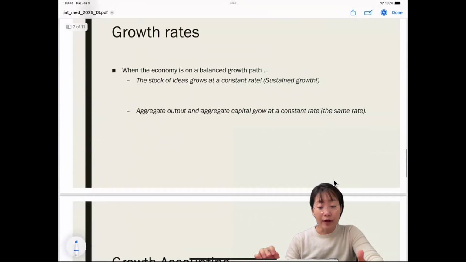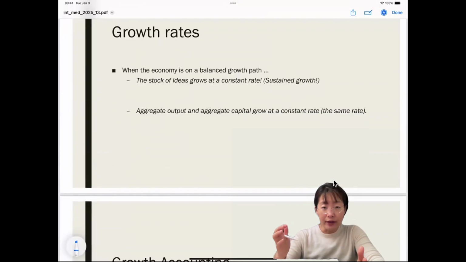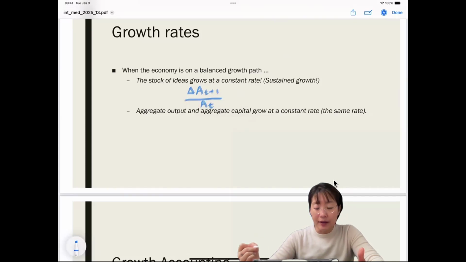So let's take a look at the growth rate of stock of ideas. Actually, we already know this. So the stock of ideas grows at this speed, and that is from the definition of